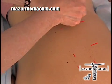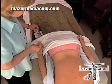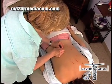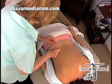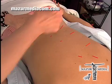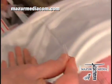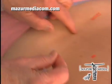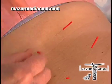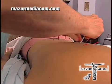And you can see the patient is very comfortable. The needles, for the most part, are painless. There are some points that are tender, but usually the back is very painless, and it's actually a very relaxing treatment. And she's communicating with the patient as she's treating her to see how she's doing and how she's feeling, telling her what she's doing. There you can see the individually packaged needles, sterile, disposable, and just how very small the tip of the needle is. This treatment has been